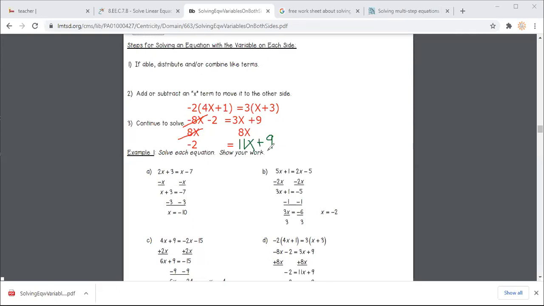Plus 9. Then we are going to add the additive inverse of 9 to both sides. Then it will be negative 9, and to the opposite side too, negative 9. Now we will start to cancel. 9 and negative 9, we will cancel them together. And negative 2 plus 9, it will be negative 11 equal